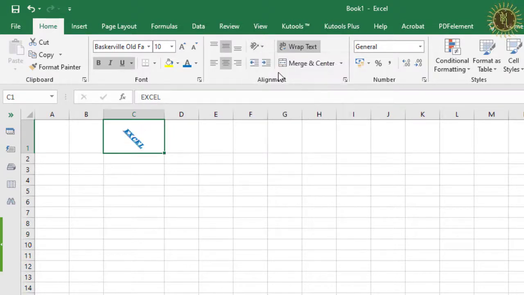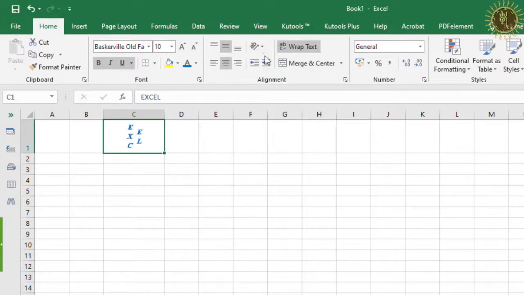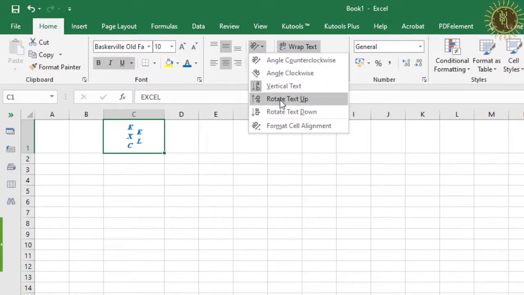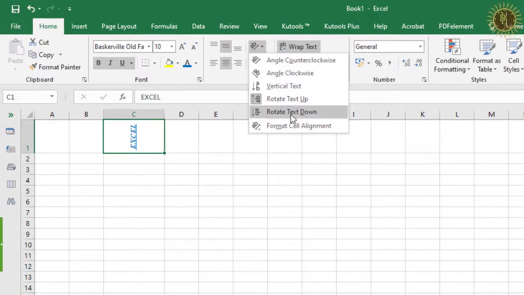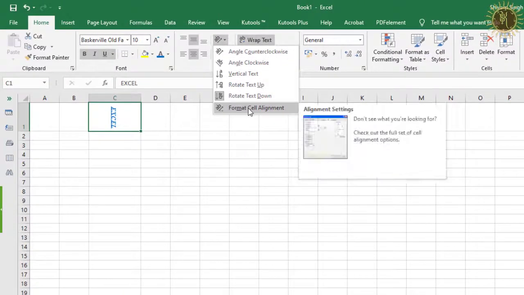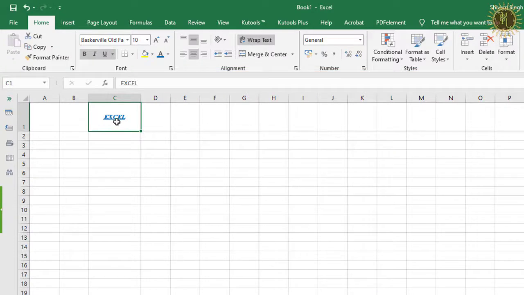Then angle clockwise like this, vertical text, rotate text up, rotate text down, and also from here you can change the direction of the text. Okay, so these are the methods of how to change the direction of text.